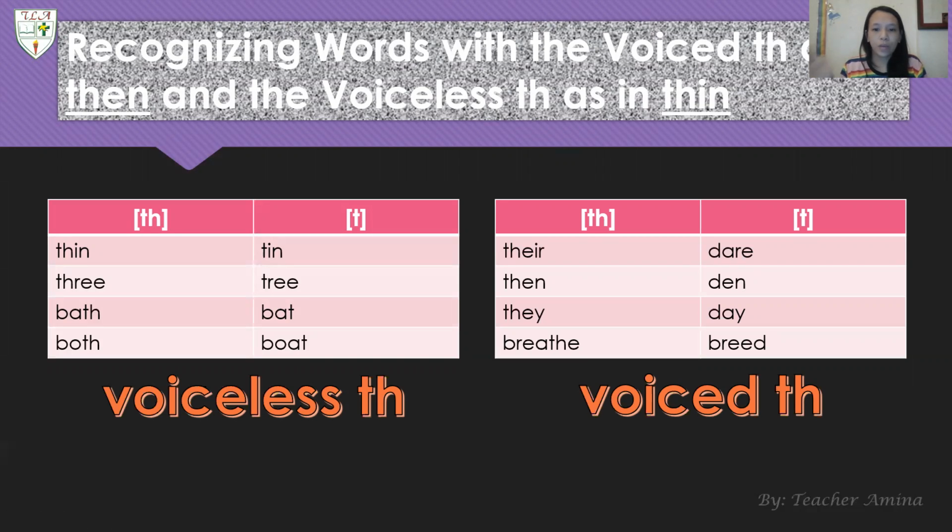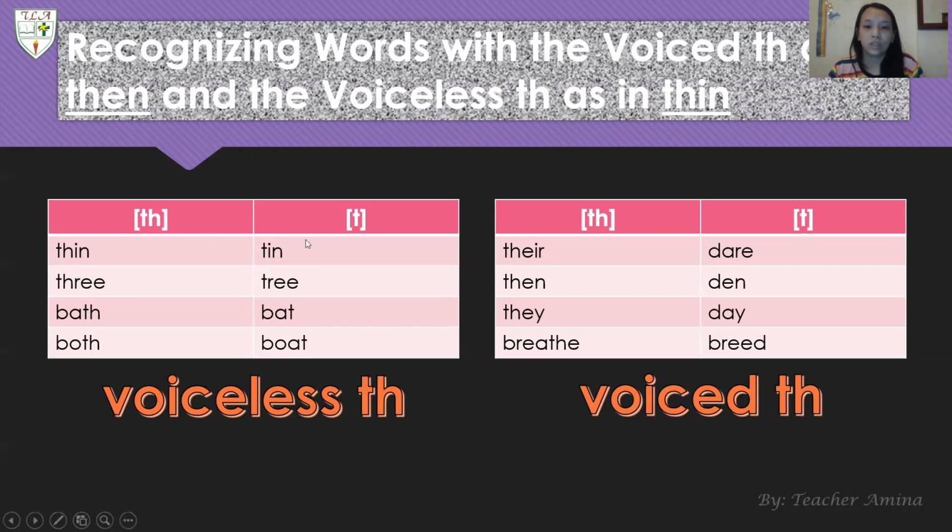So were you able to note the difference of the sounds in the words on the screen? For the voiceless TH, when you read the words thin, three, bath, and both, it is like you are biting your tongue. Thin, three, bath, and both.